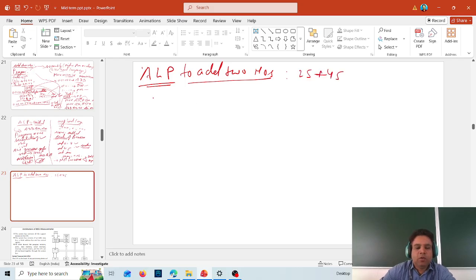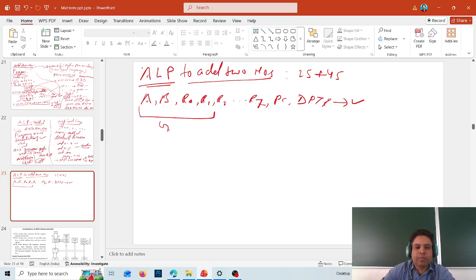In the 8051, you will see that there are registers like register A, register B, register R0, R1, R2, up to R7. Then we have PC, we have DPTR. These registers we'll study in the next lecture. But these are general purpose registers, GPR, which are used to store the data temporarily. So this 25 which you have to add, you have to store in some register,